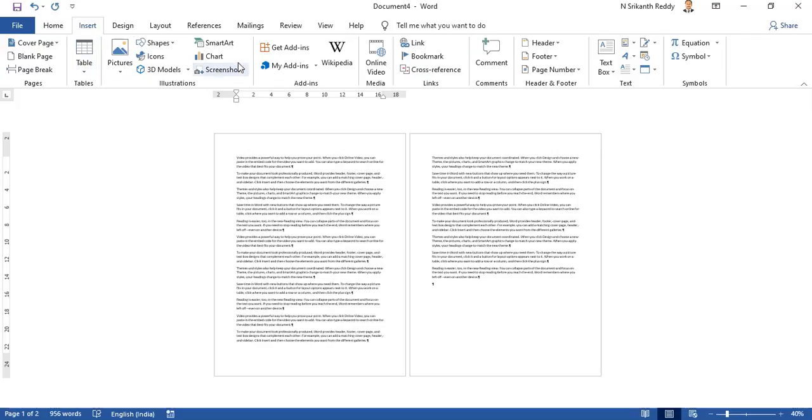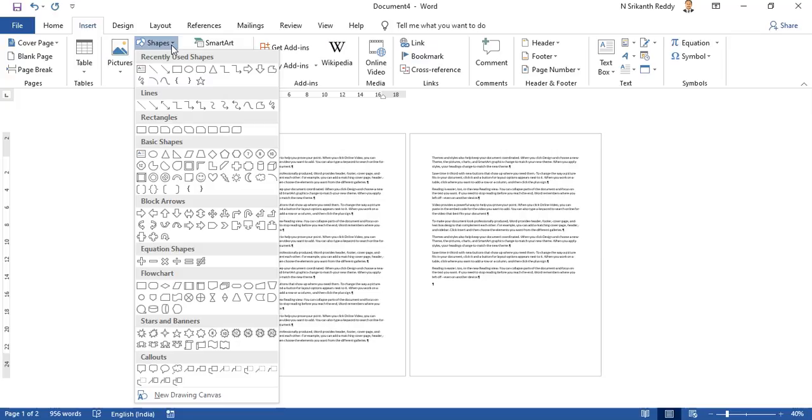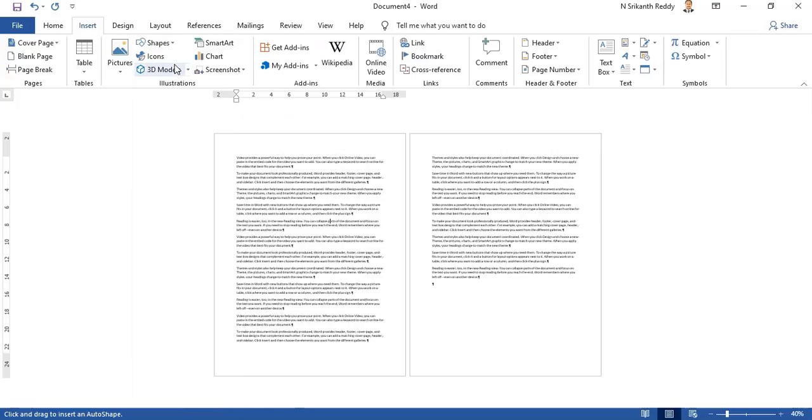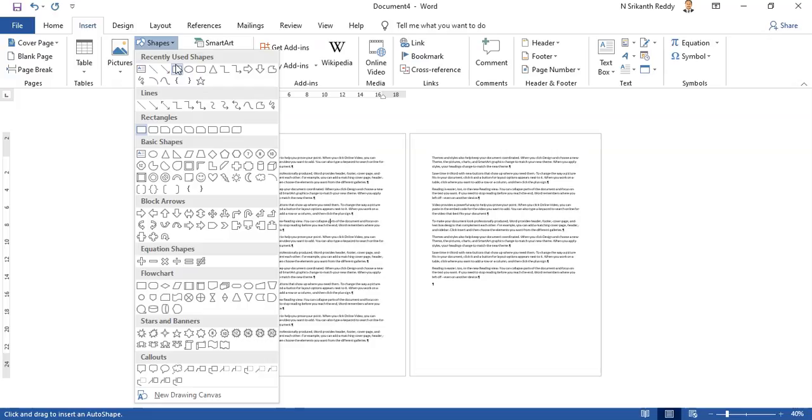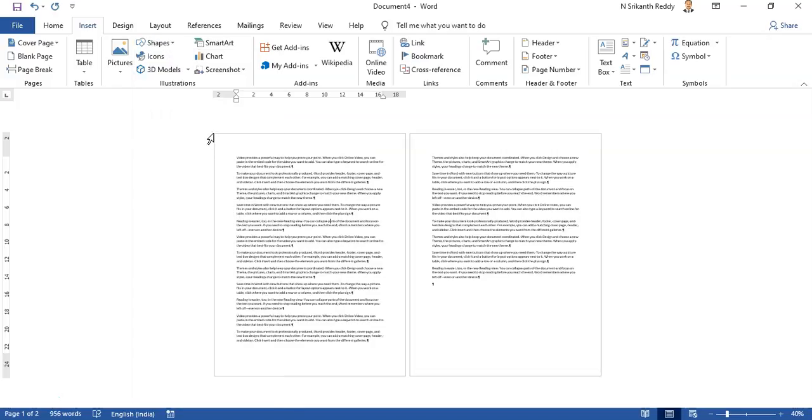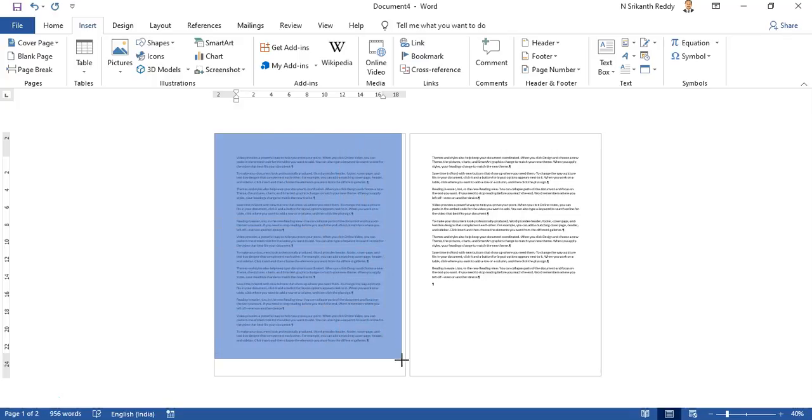Now what I am talking about is using something called Insert Shape. You can go to the Insert tab. The first way is inserting a shape. Click on Shapes, choose Rectangle. After choosing the rectangle, you have to draw the shape. Once I chose rectangle, it is supposed to come like this. Just draw the rectangle.